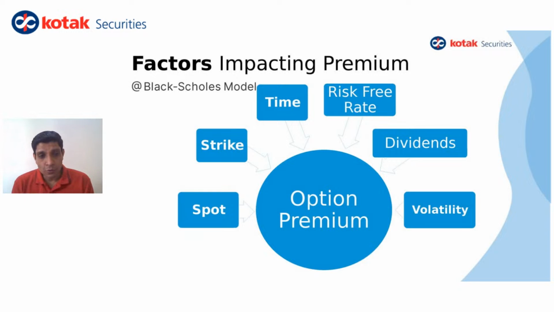तो ऑप्शन प्रीमियम को कौन से फैक्टर्स इंपैक्ट करते हैं? फॉर एग्जांपल, स्पॉट प्राइस जब मूव होता है तो ऑप्शन प्रीमियम कितना मूव होता है? अगर आप एटीएम खरीद रहे हो तो कितना मूव होगा? अगर आप ओटीएम खरीदते हो तो वो कितना मूव होगा? स्ट्राइक प्राइस, जब भी आप एक्सपायरी के दिन ट्रेड करोगे तो एटीएम ट्रेड करना बेहतर होगा क्योंकि शायद अगर मार्केट आपकी डायरेक्शन में नहीं चले तो आपका नुकसान भी उतना नहीं होगा। Time is a significant factor because on an expiry